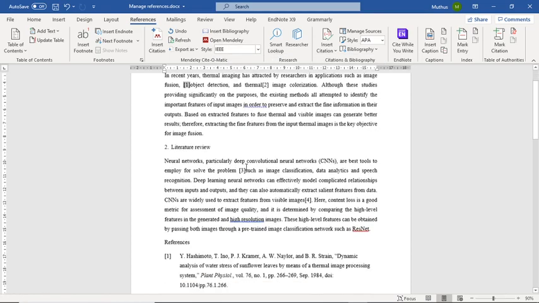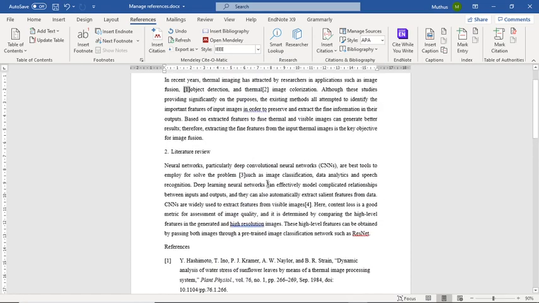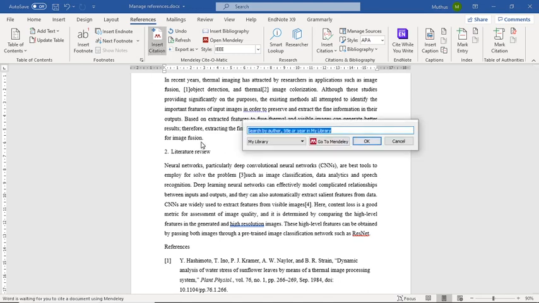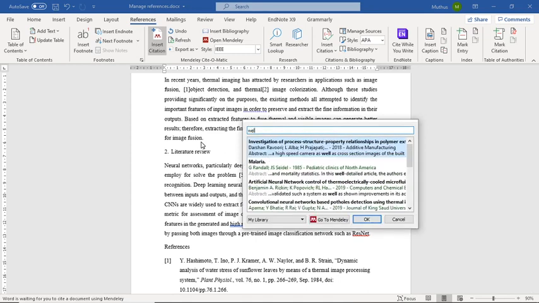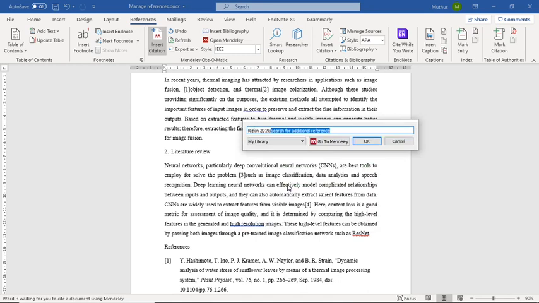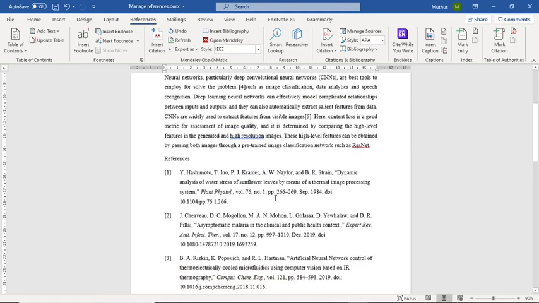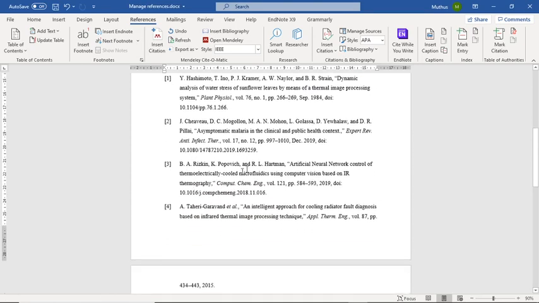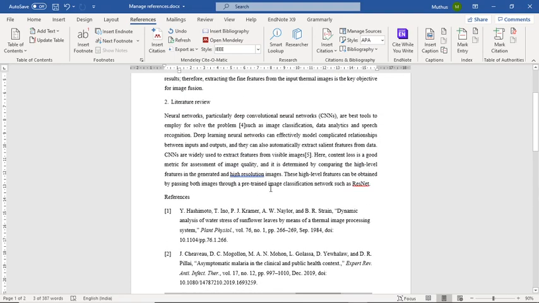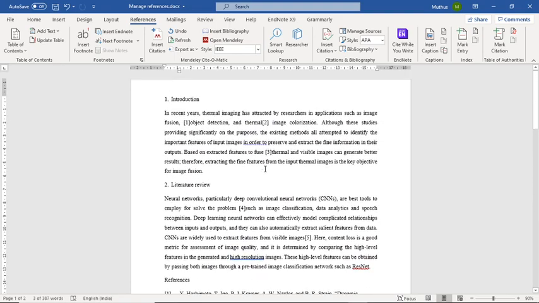Now again I am changing to IEEE here. Suppose I am inserting some references after writing the paper. References 1, 2, 3, 4 are already there. Here I am inserting some other paper, the artificial neural network. See here, the numbers are automatically rearranged 1, 2, 3, 4, 5, and the recent paper, the artificial neural network, is included here. Like that we can handle all the references easily using the Mendeley option.